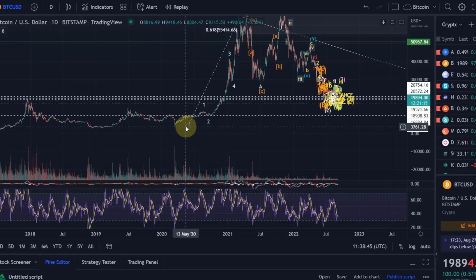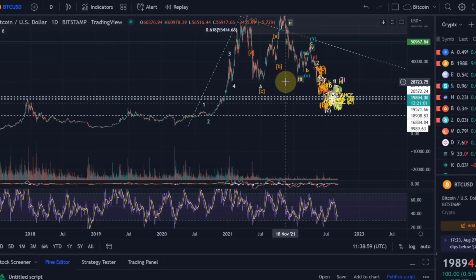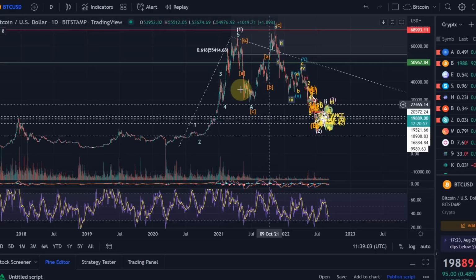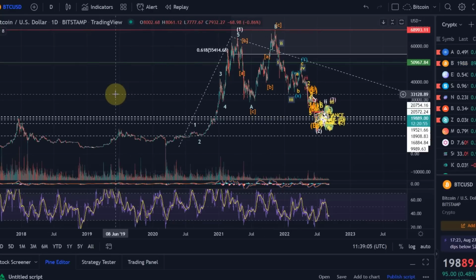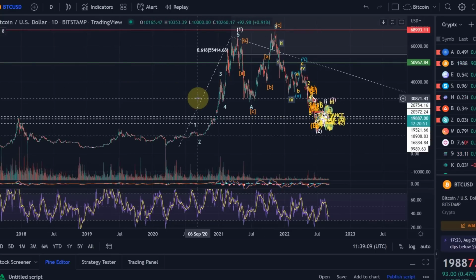I know a lot of people will say, right, but what's the use of that? And a lot of people won't like that. I don't think Bitcoin will ever come down to that level again anyway. But if it does, we can go to that chart. I'm still simply stating the possibilities here. So there is a chart, and if we go down to that level, I wouldn't say all in, but I will accumulate, just continue to accumulate really. But it will never get to that level. I would be extremely surprised. For me already, the 10k level is my worst case.